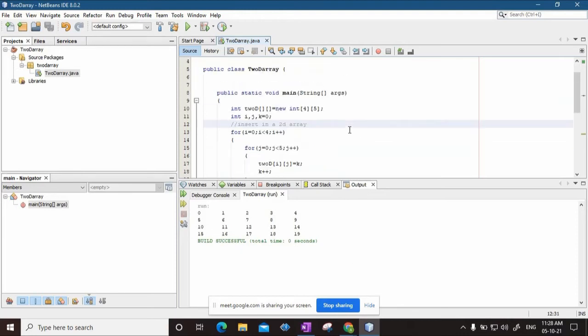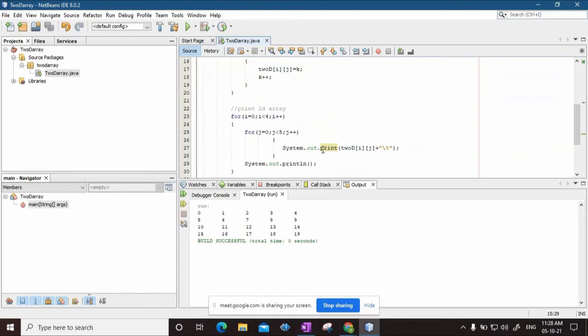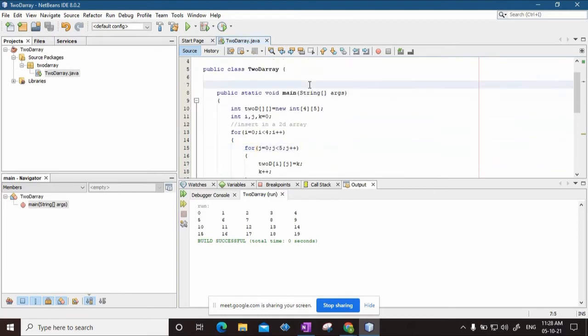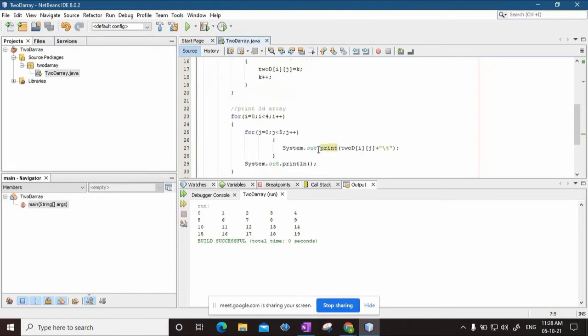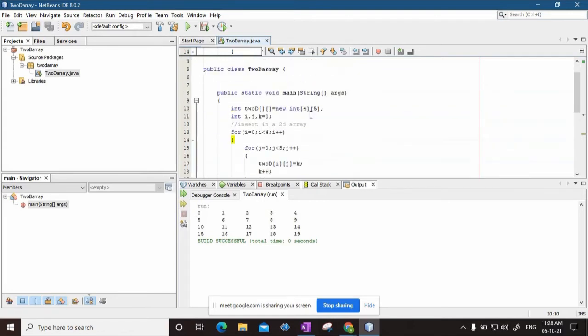So if you compare this program with your normal C++ program of creating a 2D array, everything is same. There is no change. Only difference is when you see the internal memory structure of the 2D array in Java and that of 2D array in C++, only that will differ. But that will not hamper your coding capability. You will be writing exactly the same code that you are writing for C++ or Java. So this is how you can create a 2D array.